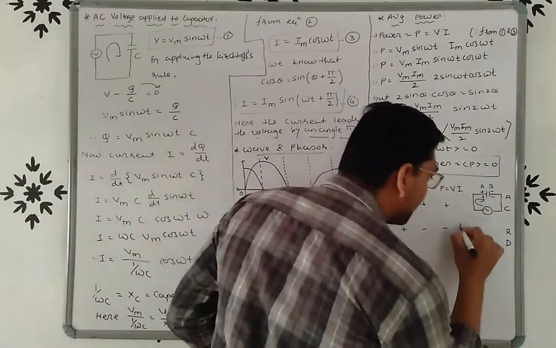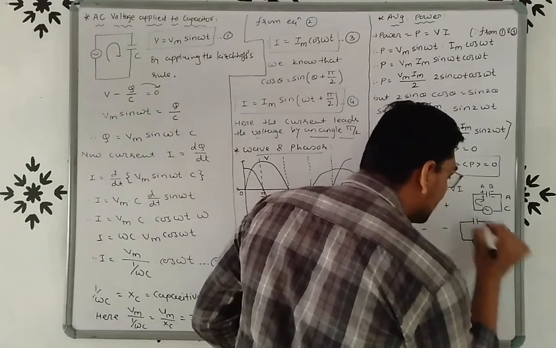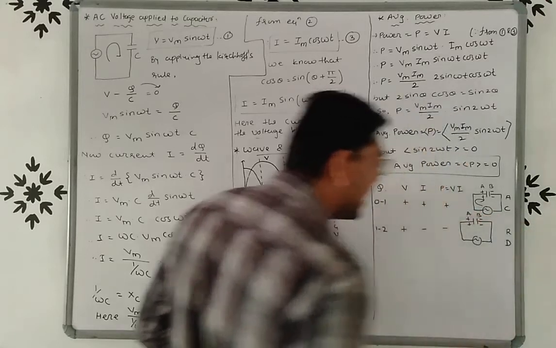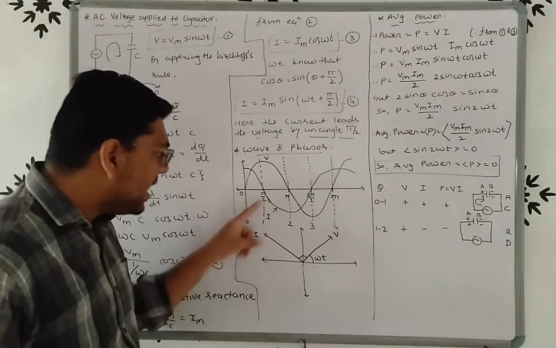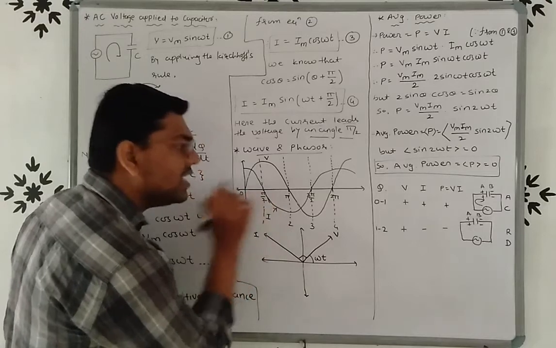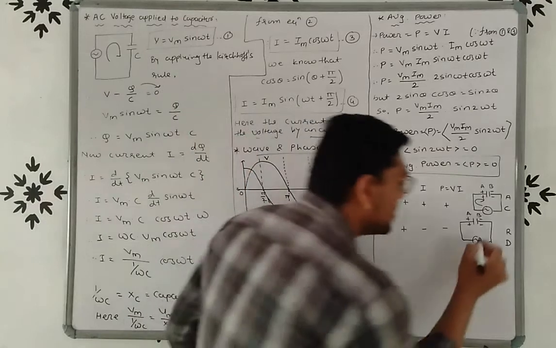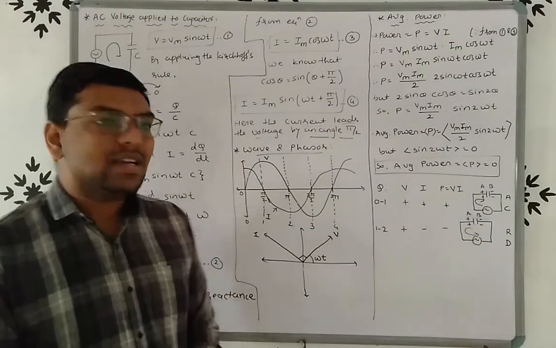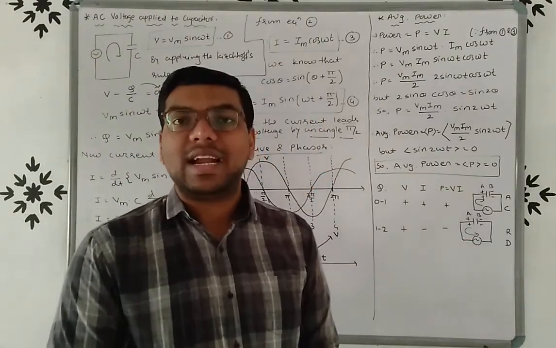See here, with the AC voltage applied to the capacitor, plate A is positive and plate B is negative, but the voltage starts decreasing, right? And see the direction of current change. As the direction of current changes, the current is now in the anti-clockwise direction, right? So we can say that the capacitor charge starts decreasing.